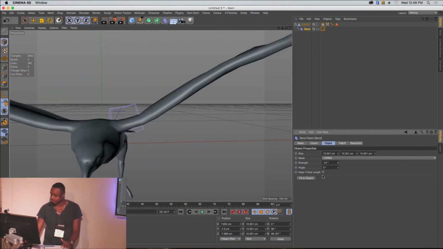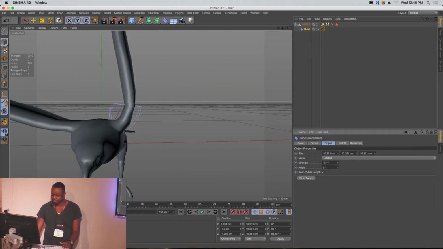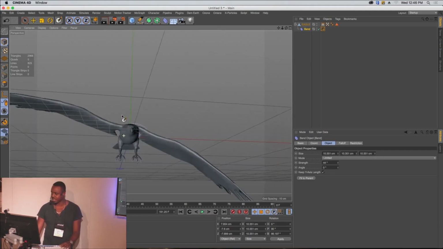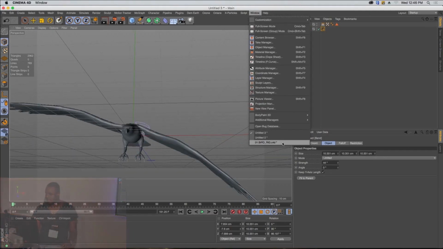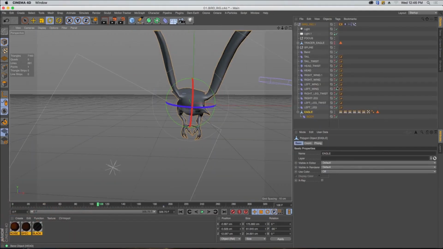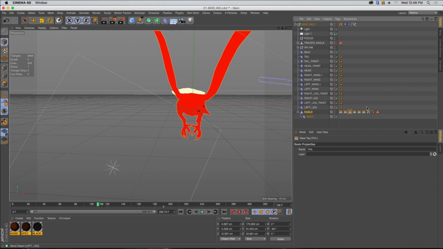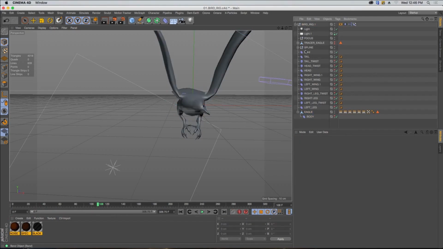Very useful tip, generally just for doing these types of rigs. So jumping back to a bird rig, that's what I did. I did a vertex map for all the different parts of the body that I wanted to control. But the reason I used deformers is because I could take